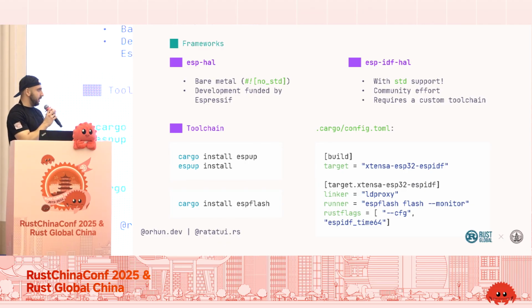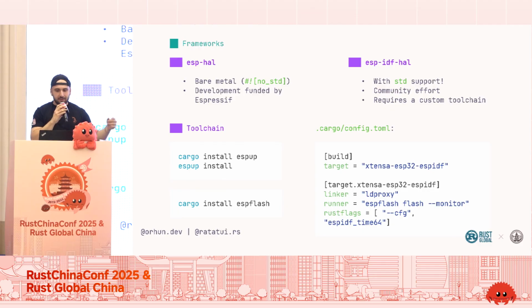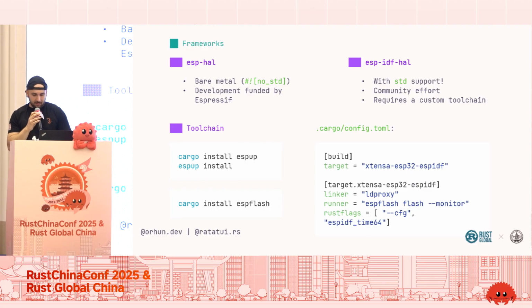You need to have this configuration if you're building things for embedded. This will mean that when I run cargo run, it will build the firmware and flash it to my ESP32, and you're just setting the target there because that's the target that you need to use